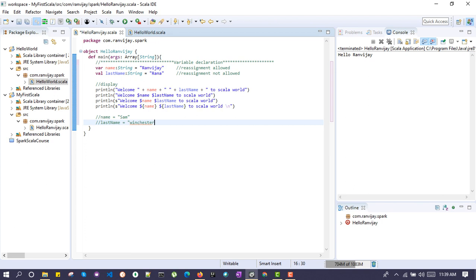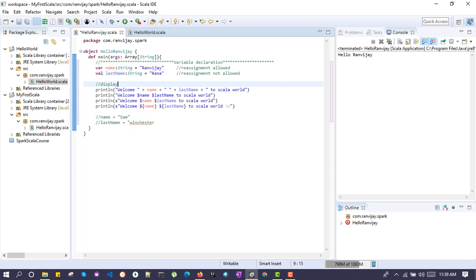A variable can be declared with the help of two keywords, either go with the var or go with the val. The basic difference between these two kinds of declaration is that one is reassignable, another is not reassignable. Let's keep it aside. We can explain it later. Now let's define the variable with both the keywords, with the var and with the val.